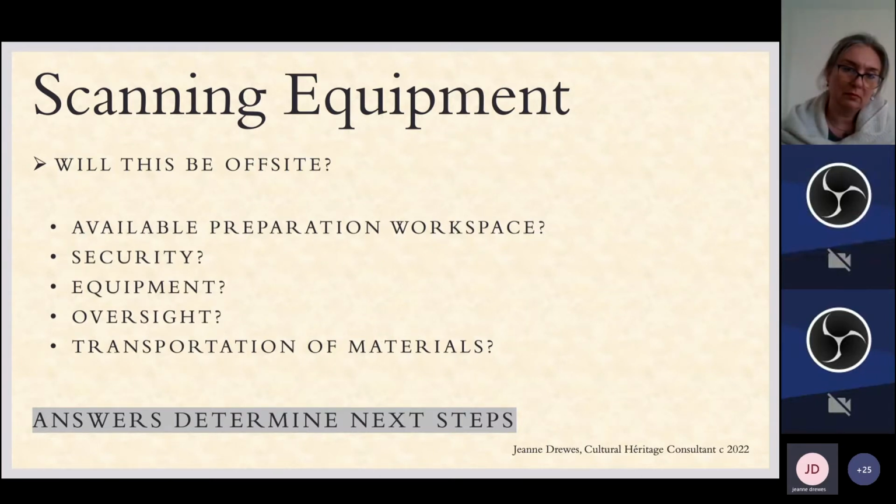All of this should be based on the particular collection you want to be scanning and its condition. And you can only know that by going through ahead of time and identifying what the problems are. So, that would be true whether you're doing it in-house or